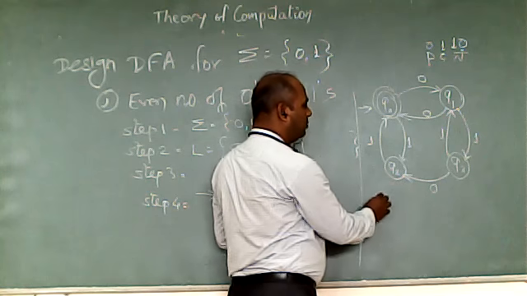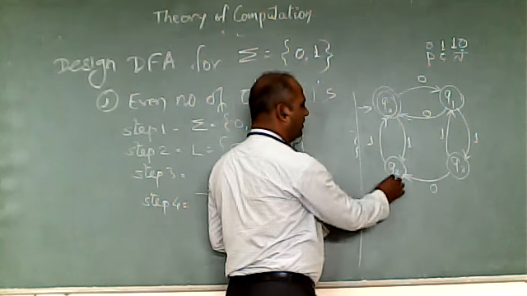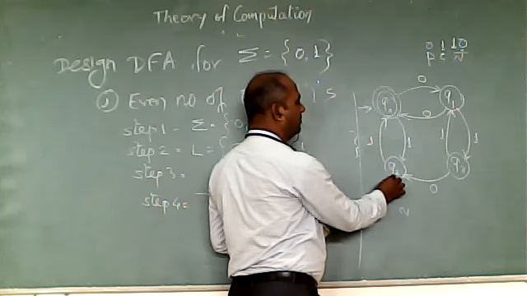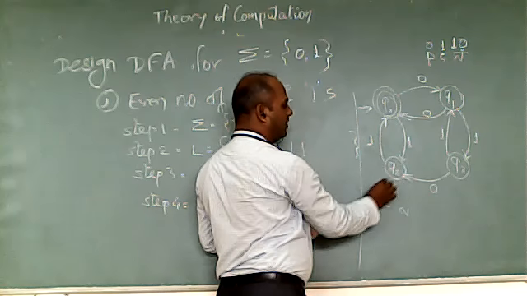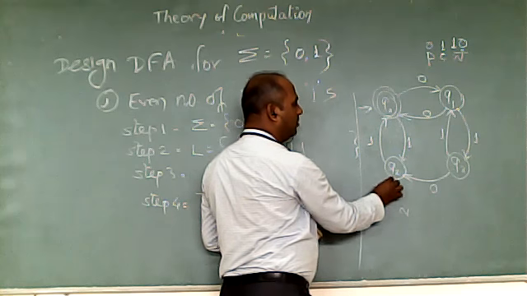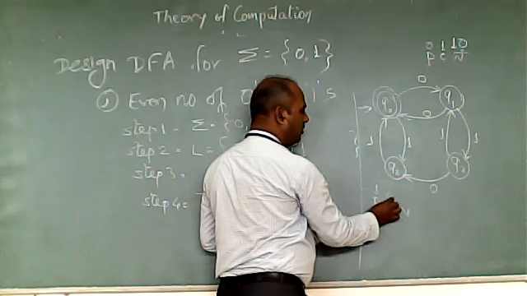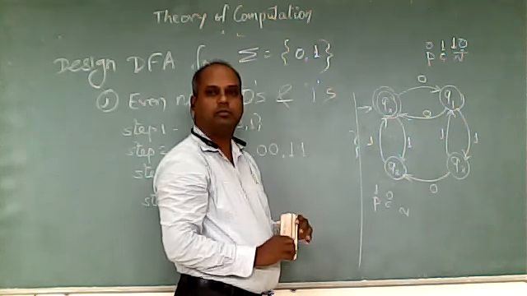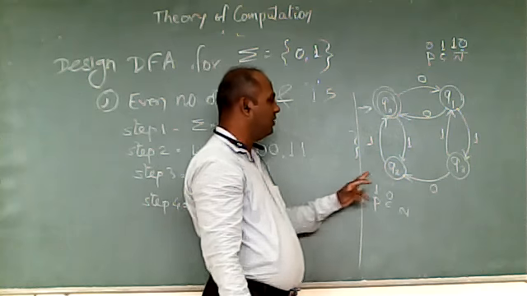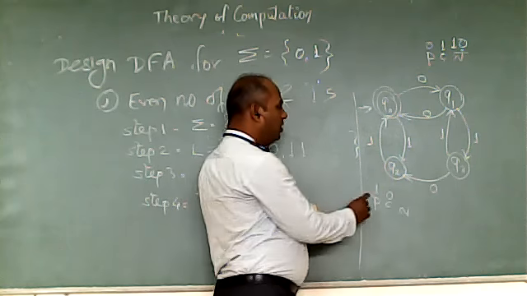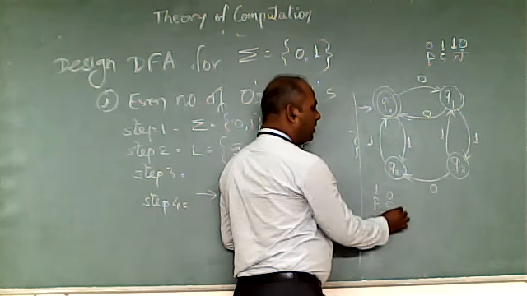Now we will come to Q2. So Q2, what is the previous string? Current and next. What is the previous string? Q2, 1. Current input 1 is already done. So we'll check for the 0, because 0, 1 are the input alphabets, so we'll check with the 0. My input is 1 0.